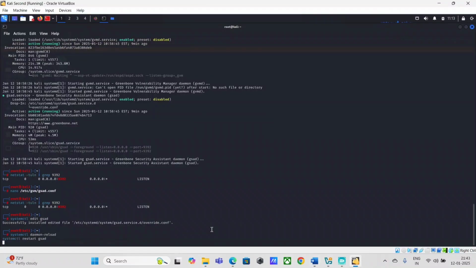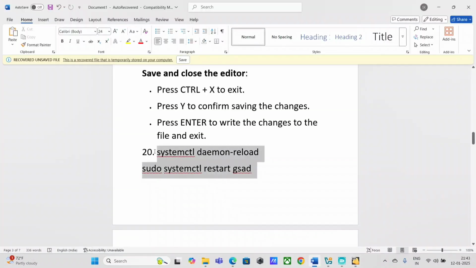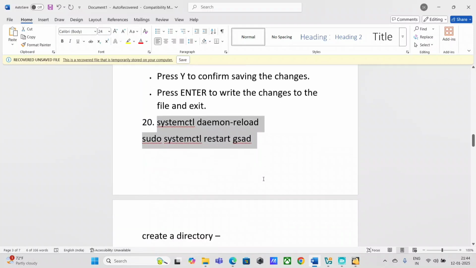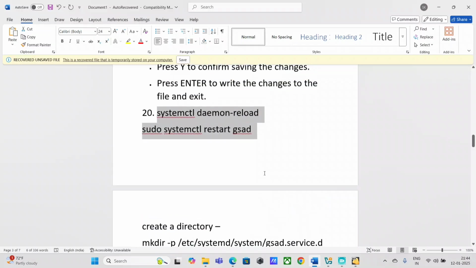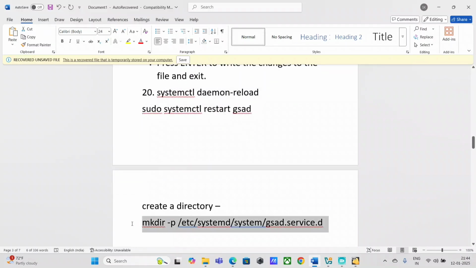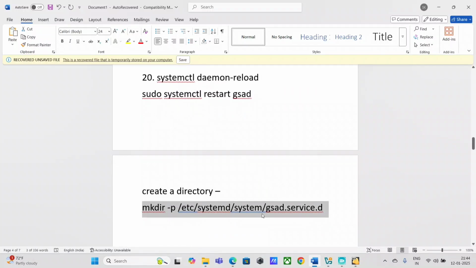Okay, so I think I have run this command as well. You can actually execute these two commands as well, in order to make the 9392 port listen on all interfaces. You need to do this. And after that, you have to execute this command, guys. After executing these two commands from the 20th step, you have to run this command again to make a directory